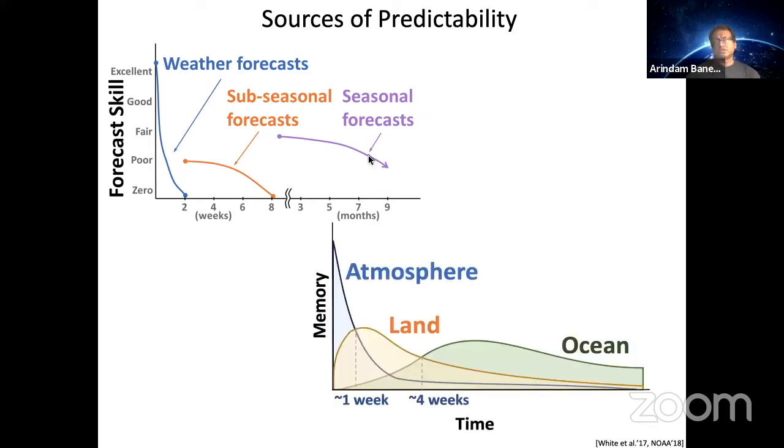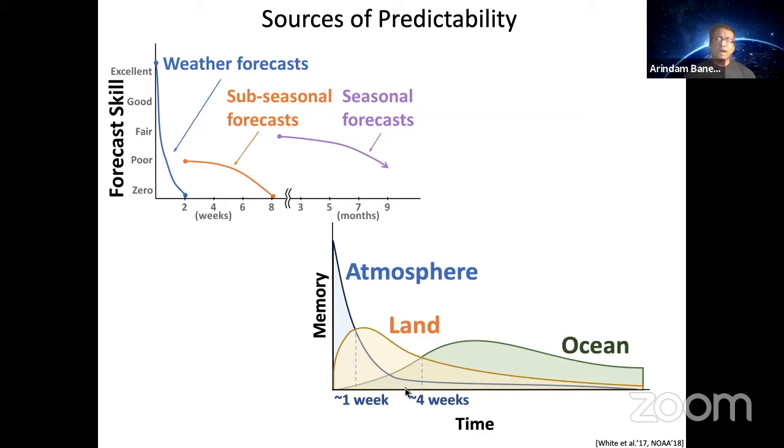So let's look at the sources of predictability to understand why subseasonal can be more difficult. When you're looking at the next 7 days, the atmosphere has a lot of memory, and you should focus on the atmosphere and try to model the atmosphere. This has happened over the last 50 years with numerical weather prediction models. And this is sometimes called the quiet revolution. The state of the art is quite amazing, and we do a pretty good job over the next 7 days. For seasonal, the ocean is the way to go because 6 months out, the ocean has that memory and you should be using the ocean. When you come to the subseasonal time frame, it's a mix of everything.